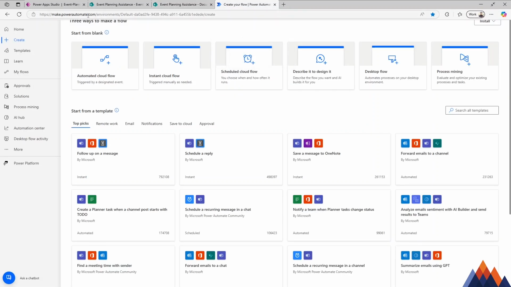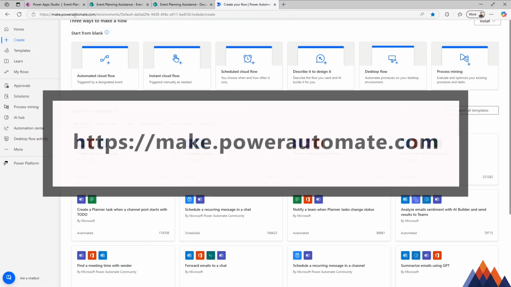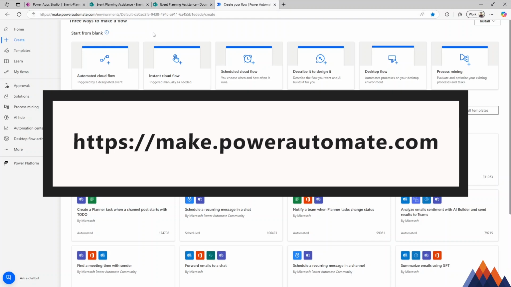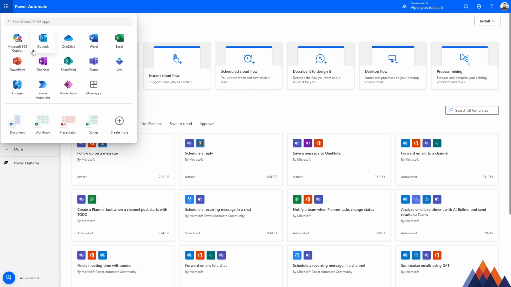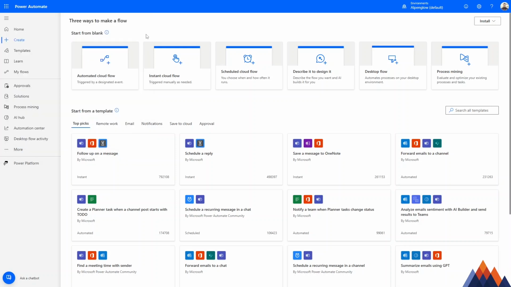So if you haven't been to Power Automate before, go on over to make.powerautomate.com. And as with other Microsoft products, if you're already in SharePoint or Word Online, you can come up here to the top left, see all of your applications, and Power Automate should be there. If not, click More Apps, and you will land here. So we are here in Power Automate. You can do a bunch of different things. If you had previous flows or flows that folks have created and shared with you, you'll find them under My